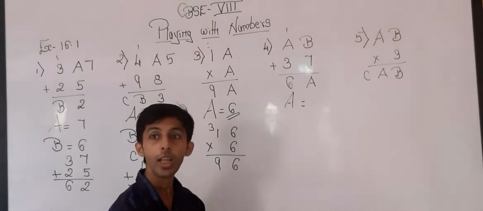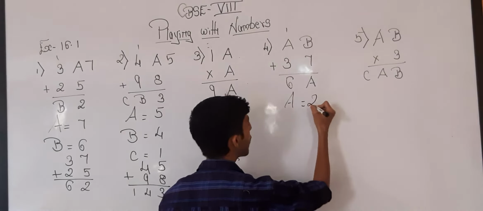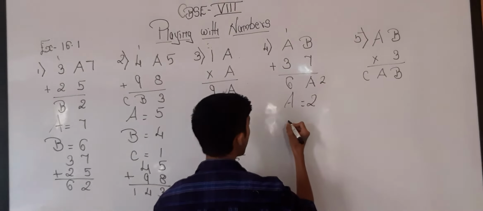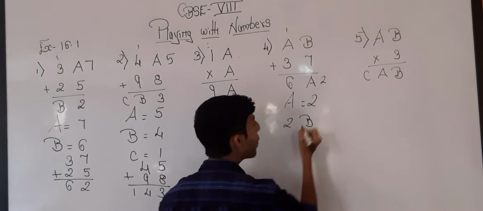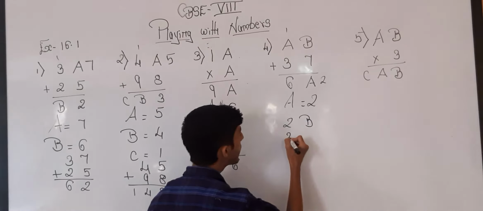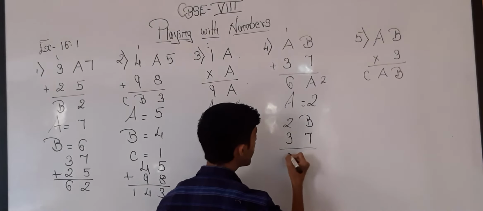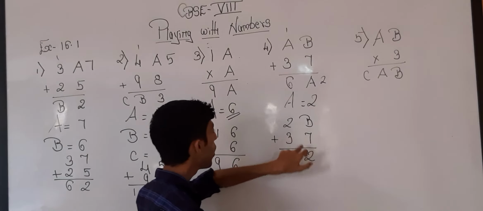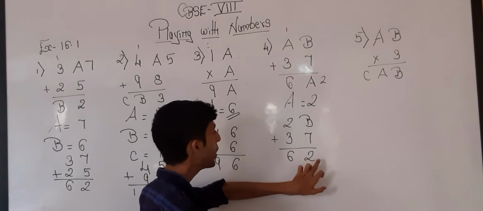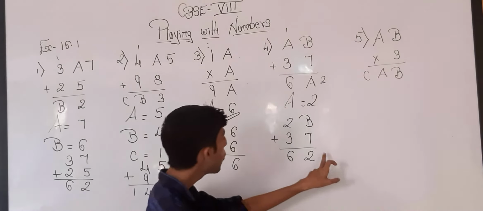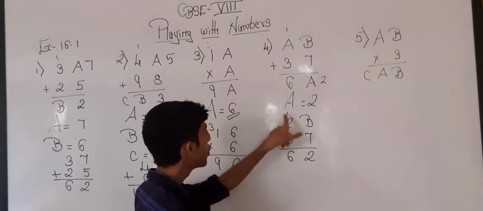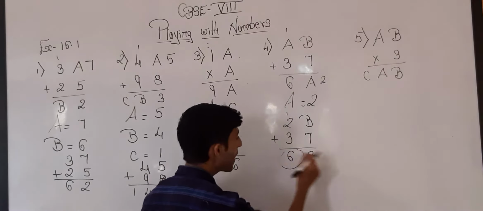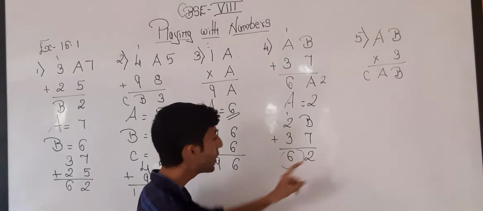Now if I am taking 2 over here, so over here it will be 2. For example, over here b, over here 3, over here 7, over here 6, and over here 2. So over here 7, if I am taking, it will be 12. So 2 over here, 1 will be carried. 2 plus 1 is 3, 3 plus 3 is 6. So my this number has not changed. Indirectly 2 has remained the same.